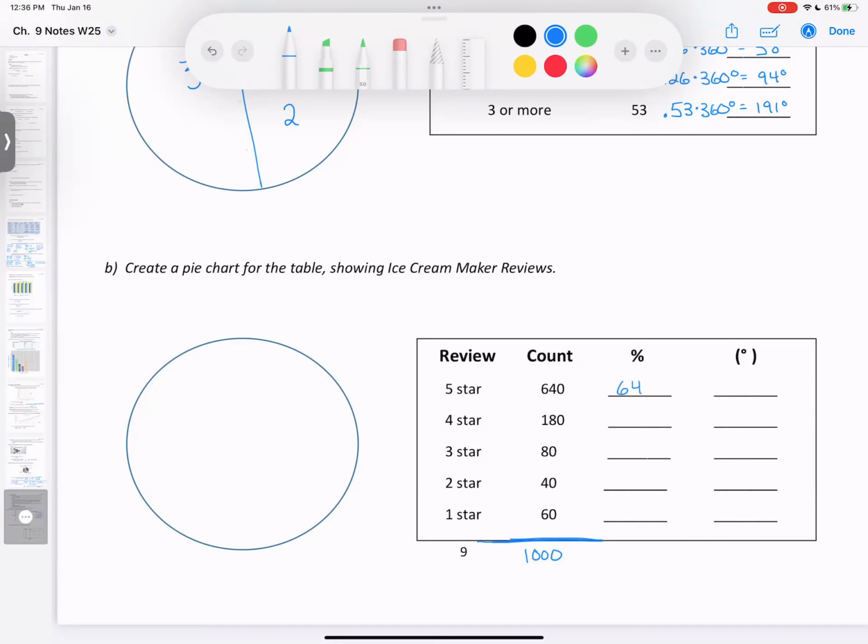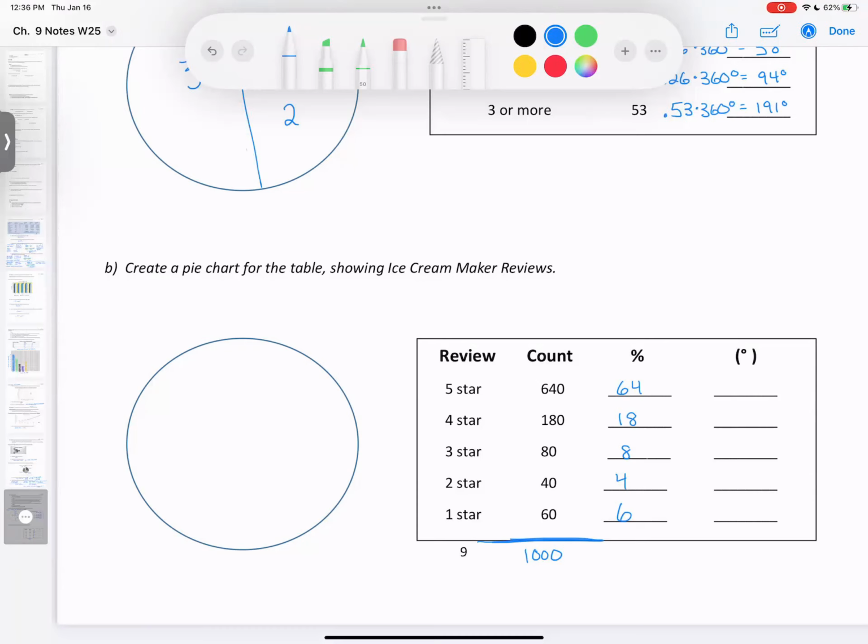So 180 divided by 1,000 gives you the decimal answer. To convert it to a percent, you'd have to multiply by 100, which would give you 18, and so on. So go ahead and calculate those. And what you should get is 8, 4, and 6 here. Okay, and those should all add up to 100. So let's check and make sure we did that right by checking that they all add up to 100, and